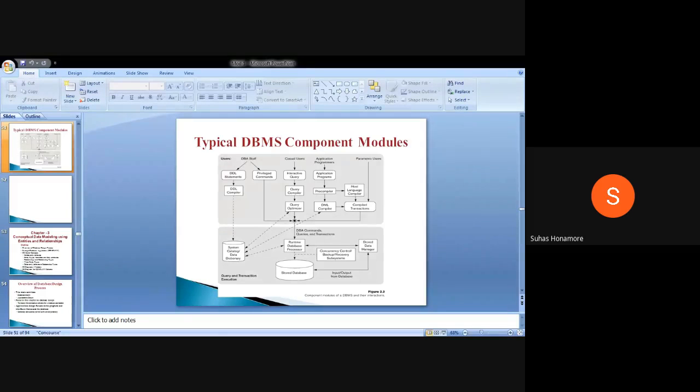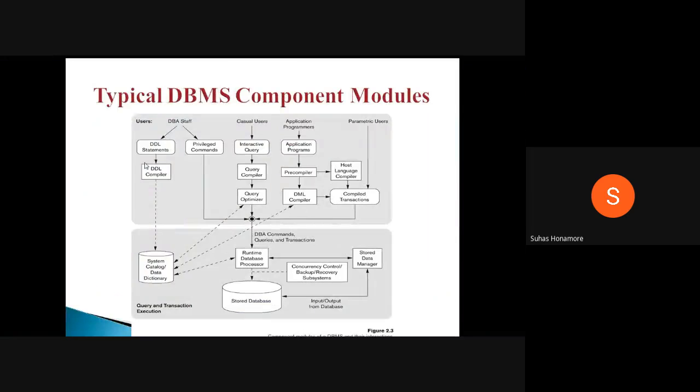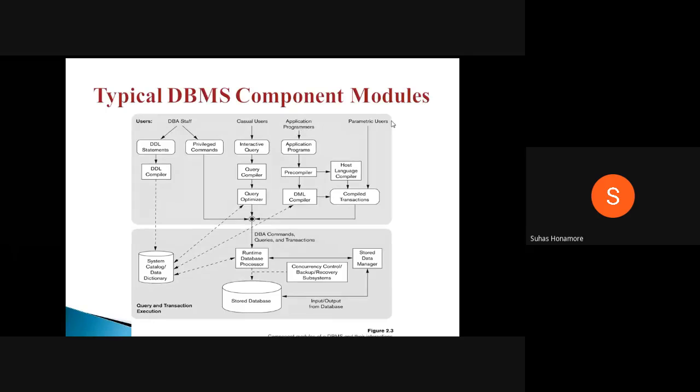So here, this component model has two main things. One is with respect to the user, and the other is whatever query comes, how it will be executed. So two models we have. In this, you first list the users: the administrator, casual user, parametric user, and then through an application also you can communicate with the database. So here your application will come. Total four things. And in the database you have two things: the actual content, then the catalog.